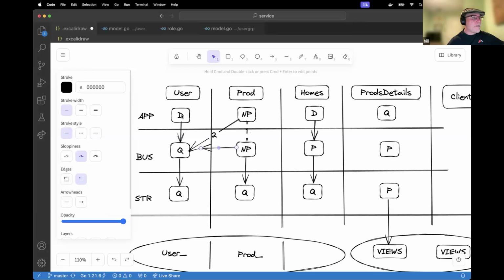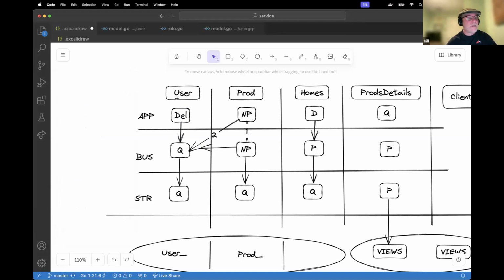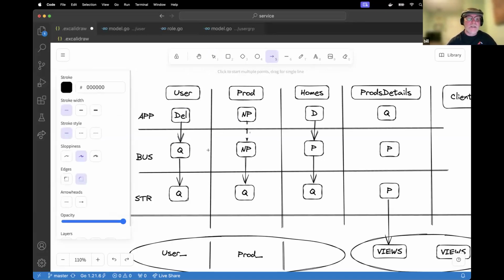If we delete a user, what else should we delete? Well, that user's products, that user's homes. I mean, anything related to a user. But the delete call is coming through where? It's coming through here. And we've already established that the user domain is not allowed